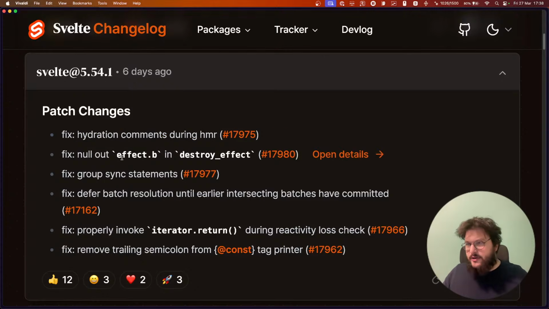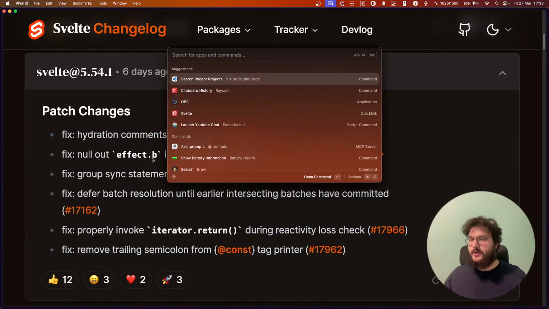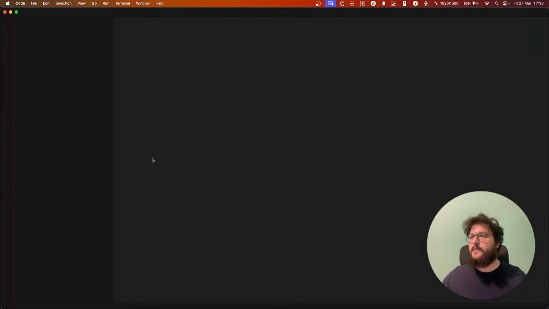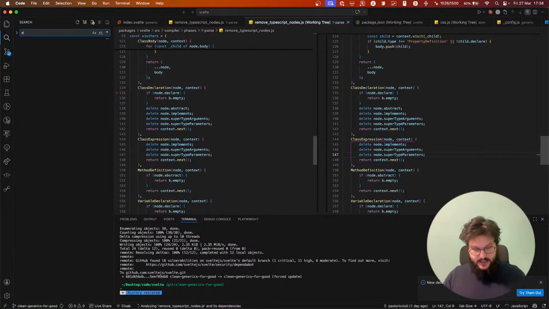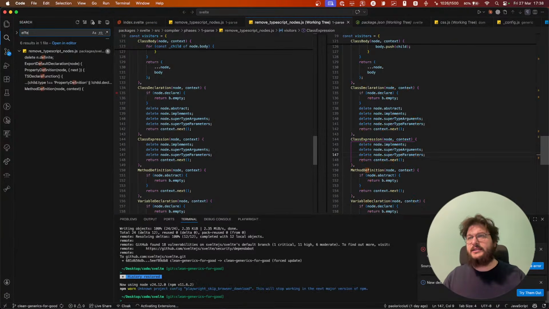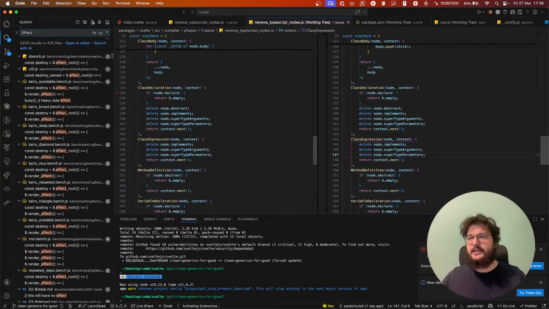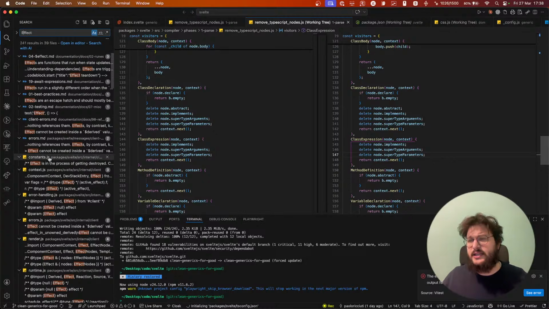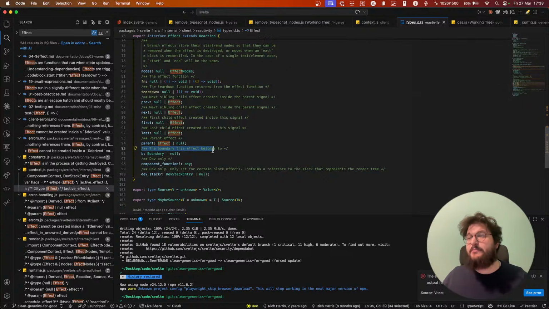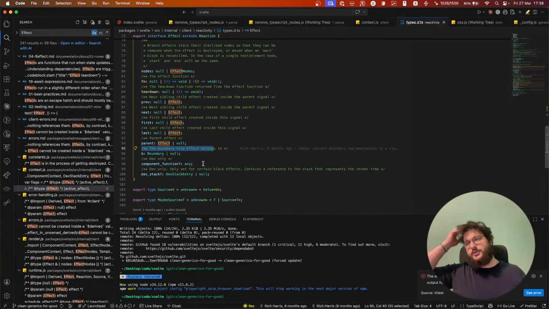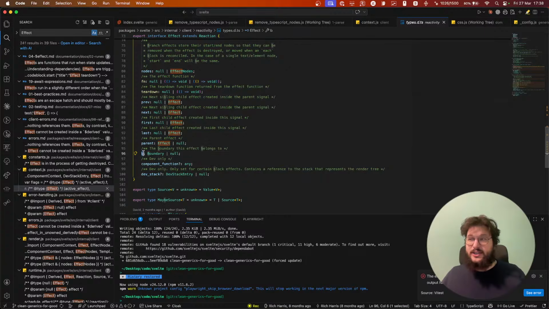I can't even remember what B stands for, but we can check in the Svelte repo. If I look at the type Effect, B is the boundary that the effect belongs to. We use single letters because this way we ship less code to the client.